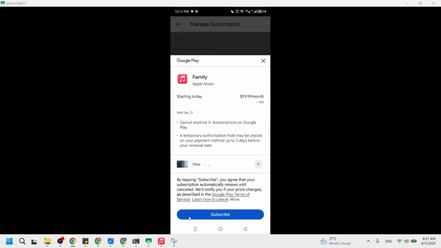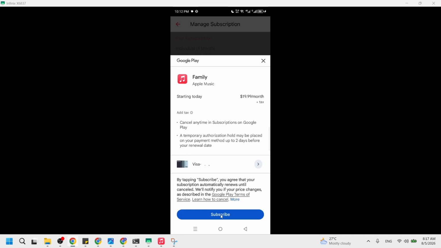After you tap a plan, Apple Music will guide you through a short set of prompts. These can include confirming the billing amount per month, checking if you are switching at the next renewal date, and picking or confirming your payment method, such as the card or balance already saved to your Apple ID. If your region requires it, you might see a small summary that lists tax, total cost per month, and when the new plan will start. Follow each prompt carefully and read the text so you know exactly what you are agreeing to before you continue.